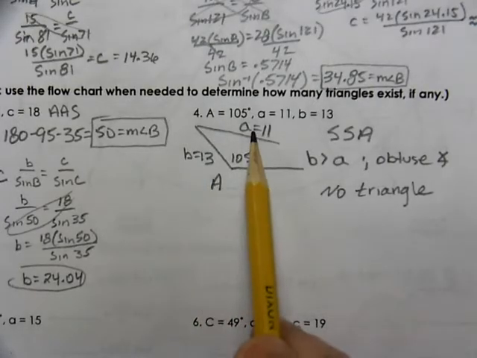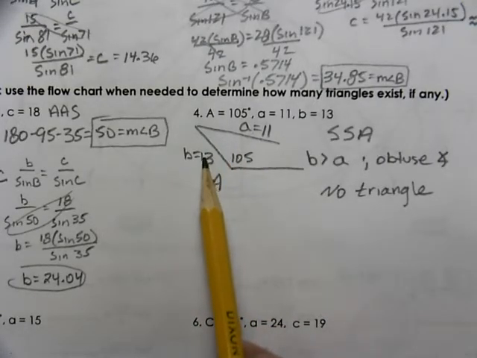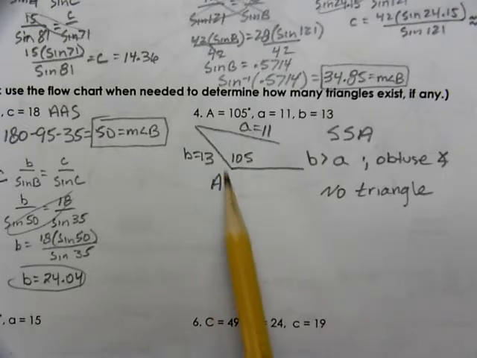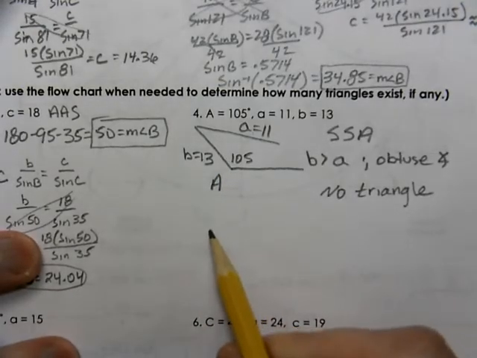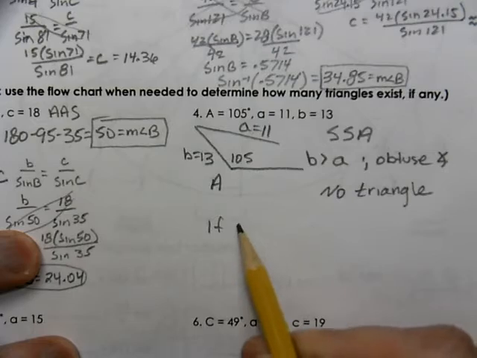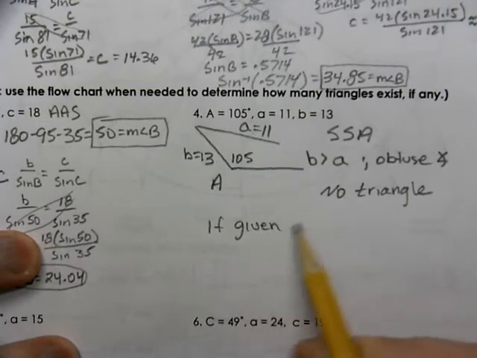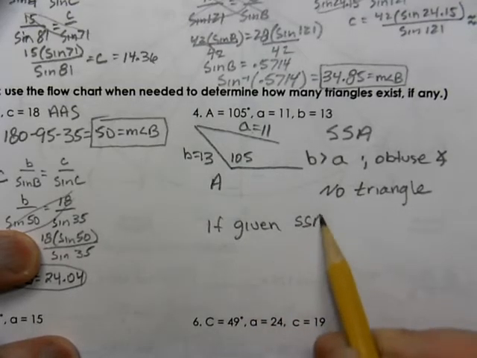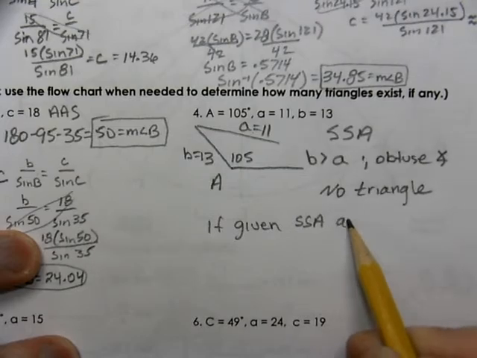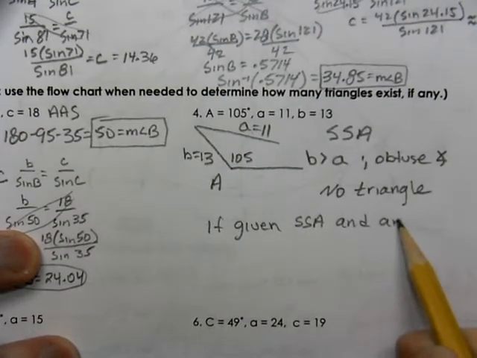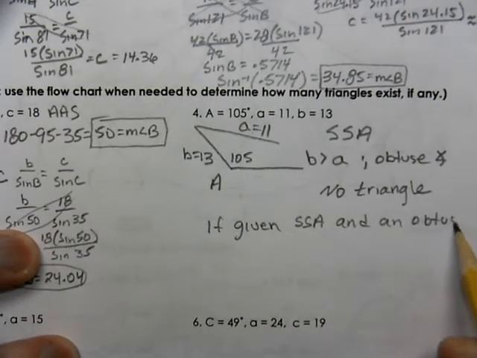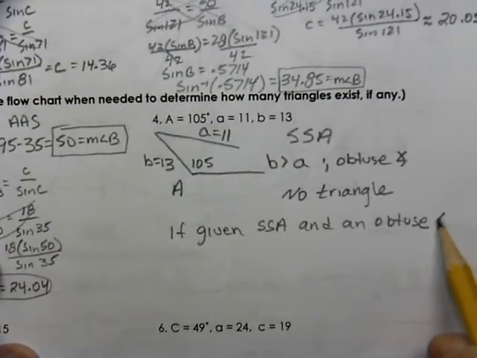The opposite side is smaller than the adjacent side. If given side-side angle and an obtuse angle,